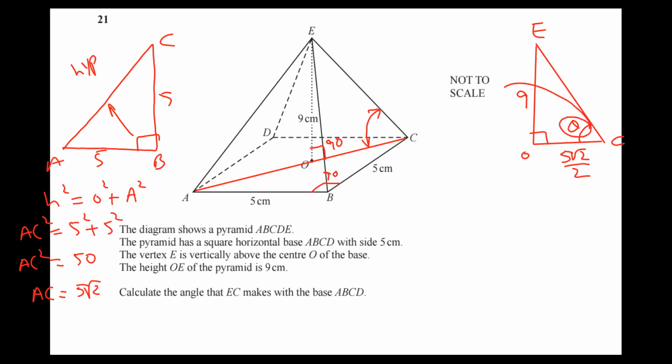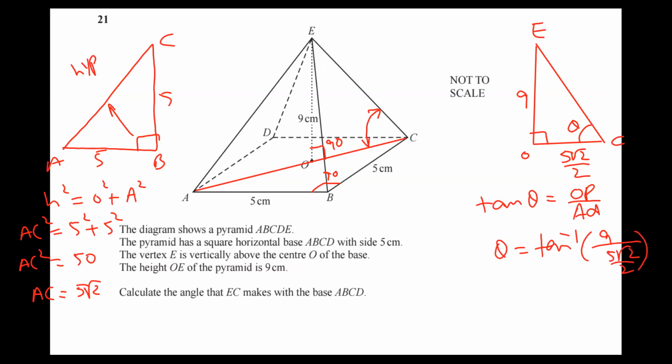In front of theta, this is called opposite. In front of 90 is called hypotenuse, this is called adjacent. So opposite by adjacent is called tan theta. So theta and tan goes on the right hand side. Opposite is 9 over 5 root 2 by 2. So do it carefully and type it because sometimes typing error is there. So 5 root 2 and divided by 2, and answer turned to be